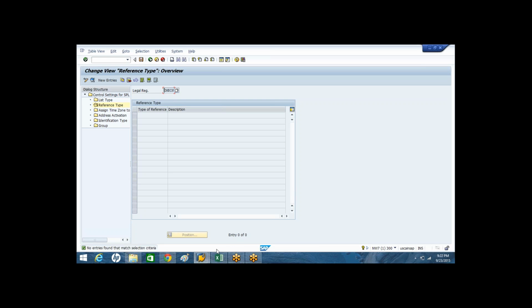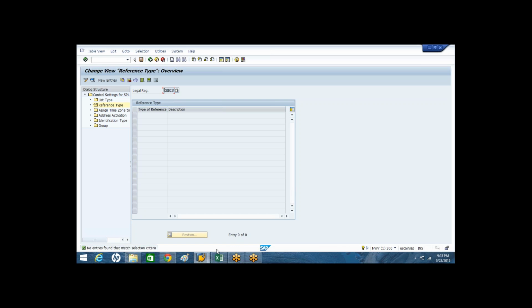So like that, in SAP GTS SPL screening, you have a requirement of defining the reference type. What are the different reference types? Also known as: Venkat is also known as GV Rao. The other type of reference type is doing business as.